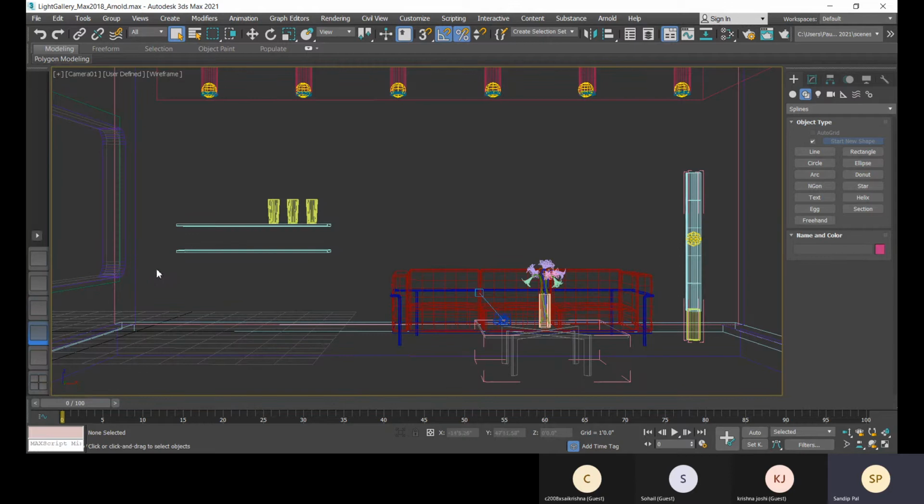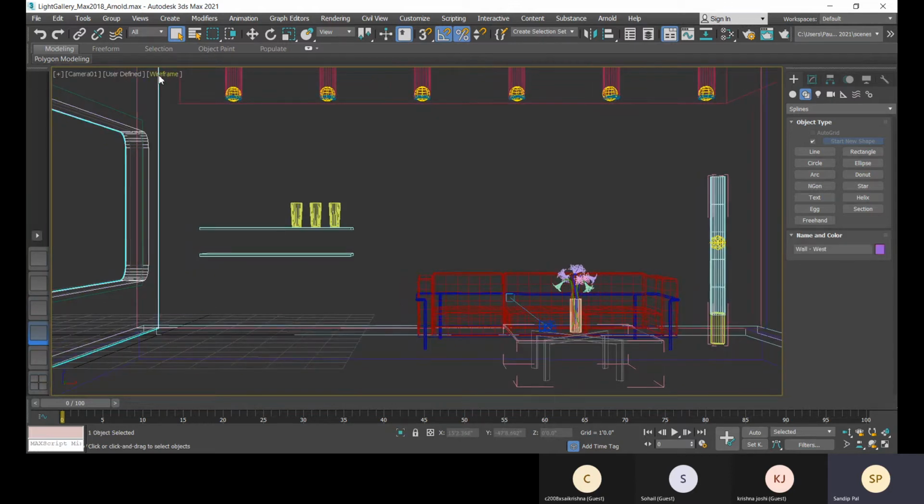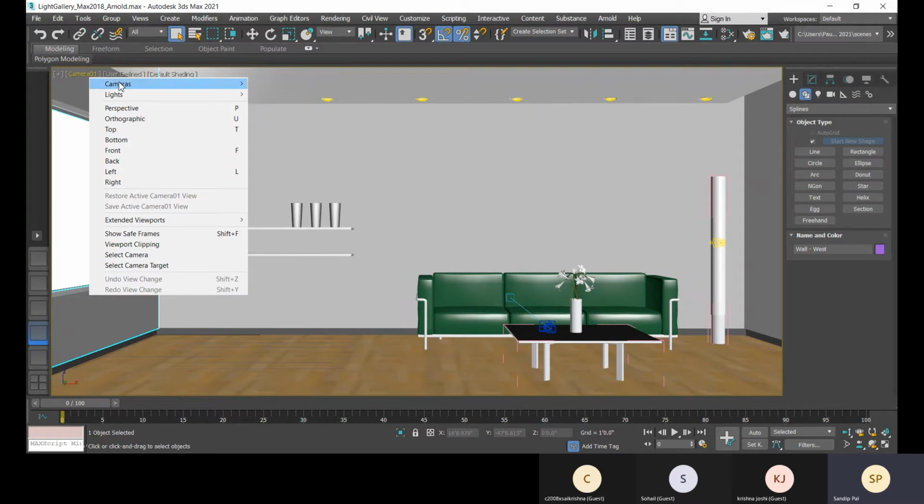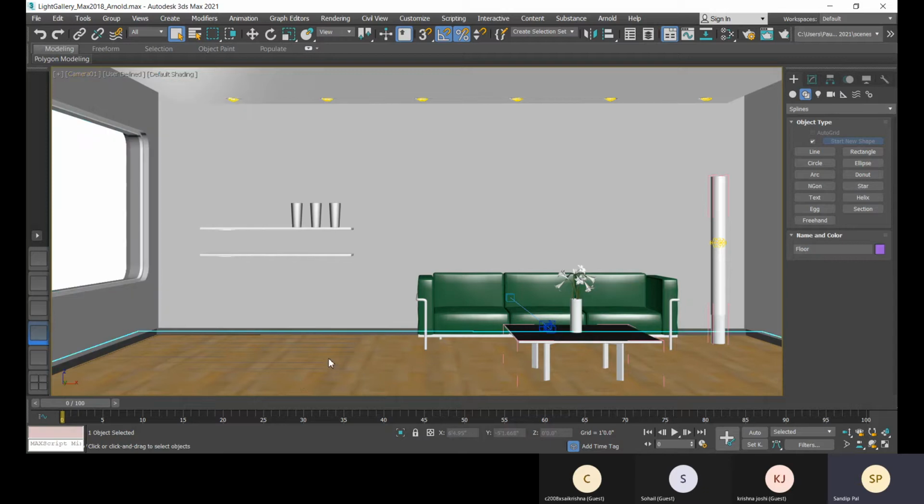Yes. So here you can see this project has been done, and here the camera is placed. The view is currently according to the camera. So make sure to keep one thing in mind: whenever you are going to render, you have to render the camera view. Never ever render the perspective view or normal view, because in that normal view you will be working.